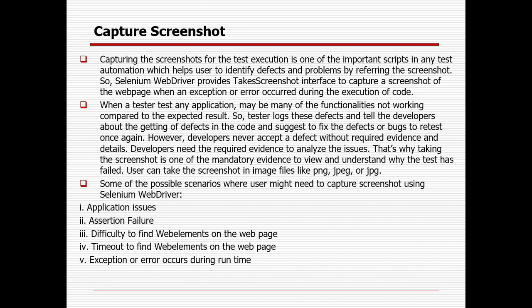Okay, so the developer will definitely fix that problem and we can retest it and then close it. But how, in case you are not providing any screenshot in the defect? The developer will not acknowledge your defect, because without any evidence, nobody can make sure whether you are right or you are wrong. So you have to provide the justification with the help of a screenshot. Sometimes the developer also needs the screenshot to analyze the issue in a deeper view.